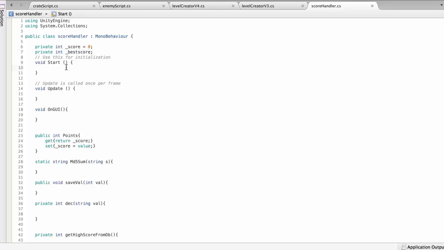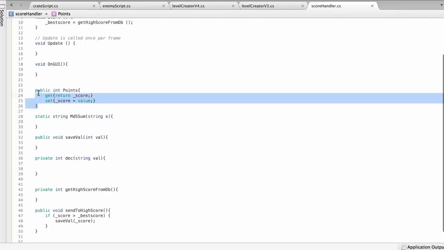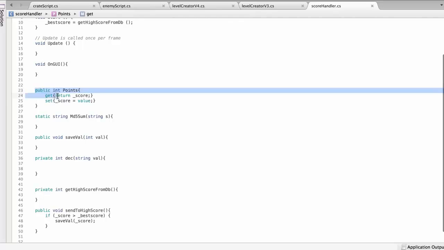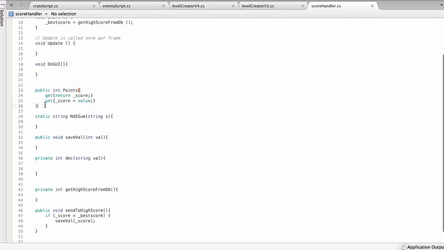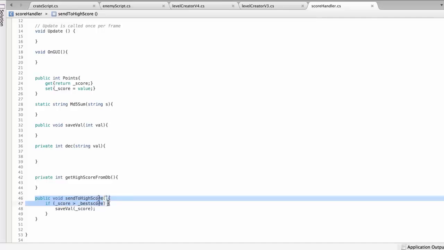So I'm gonna start off here, since we have a function called getHiScore from database, and just address this on startup. We also have a couple of helper classes here. Public endpoints that's only get and set for the score, so it can be reachable from other scripts. We also have the send to HiScore. That's just to check if our score is greater than the best score, then we're going to save a new